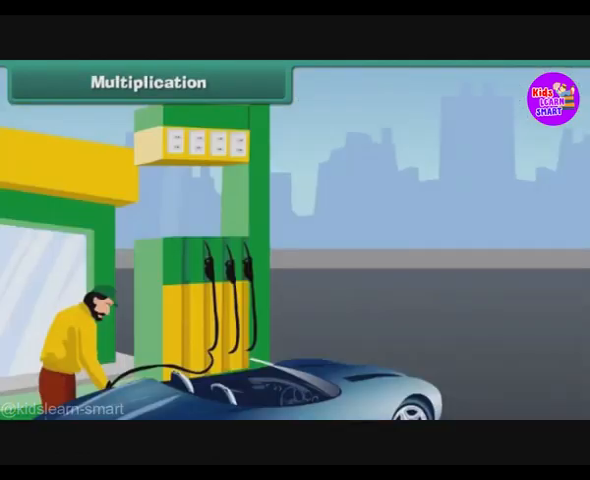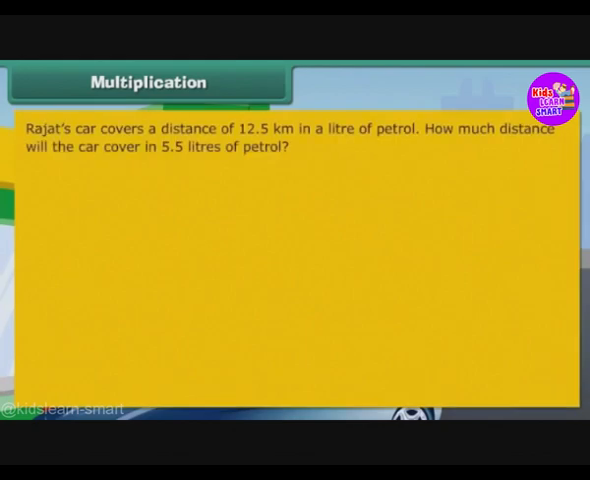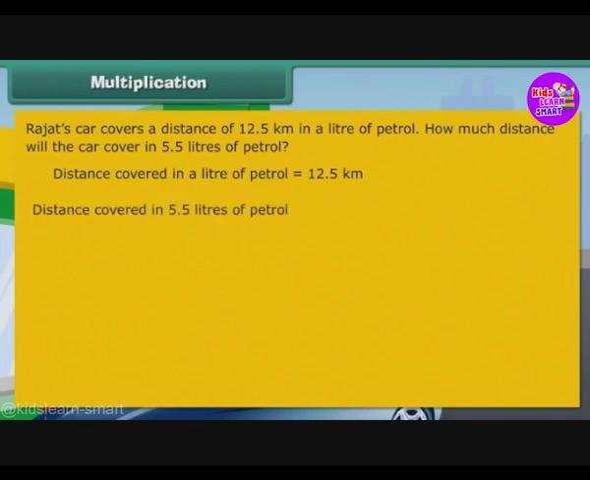Multiplication. Rajat's car covers a distance of 12.5 km in a liter of petrol. How much distance will the car cover in 5.5 liters of petrol? Distance covered in a liter of petrol is 12.5 km. Distance covered in 5.5 liters of petrol is 12.5 multiplied by 5.5. First, we multiply 125 by 5. Then we multiply 125 by 50. We add the two products to get